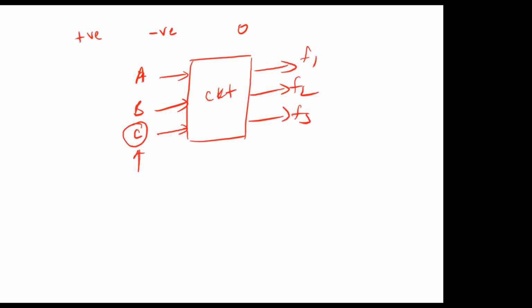So the way you can look at this is if both the numbers are positive, then everything is clear, right? Whichever has the highest magnitude is the bigger number. If both have negative sign, for example, if C is high, then it considers both of them to be 2's complement numbers. So if you have one in the MSB position, that is generally considered a negative number, in which case you want to write a different set of if statements, because you are basically comparing the magnitude. And if the magnitude is higher in the negative realm, then it is a smaller number, right? You want to write something like that.